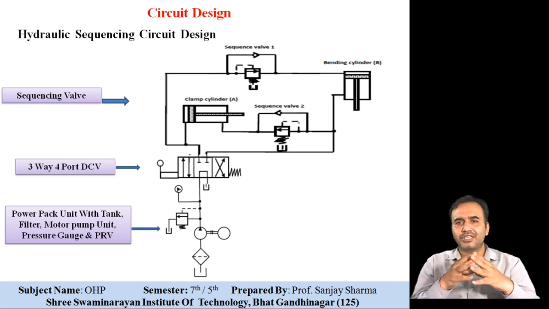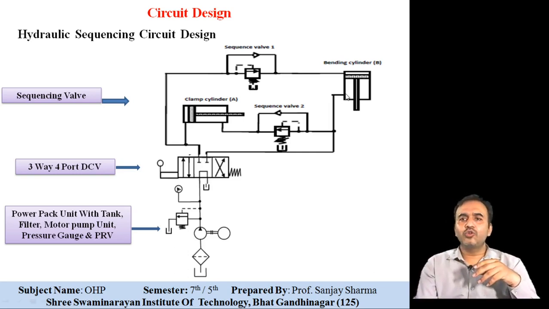So for the reverse section, cylinder 2 will operate first. Fluid will flow first through the cylinder and it will retract. It means if we have connected a drill with it, it will retract. After retracting, when it reaches the maximum limit, the flow through this will stop and the flow will start flowing through this circuit, through sequence valve 2. That is the second reverse sequence, and it will exert the pressure on the piston rod side, and cylinder A will start retracting. So I hope friends